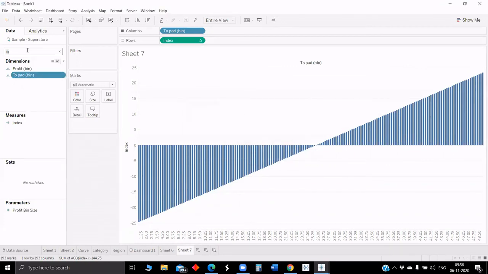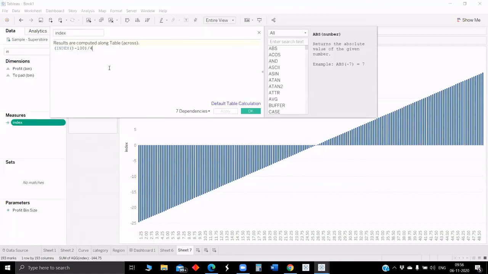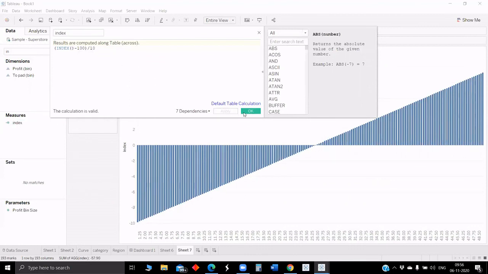Earlier it was minus 25 to 25. When we changed to divide by 10 instead of 4, it's just minus 10 to 10. Here we are only interested in retaining the shape, keeping it symmetrical. So that works.